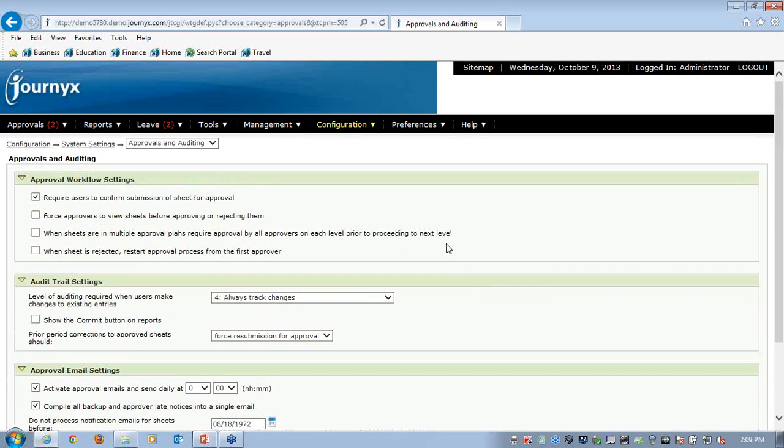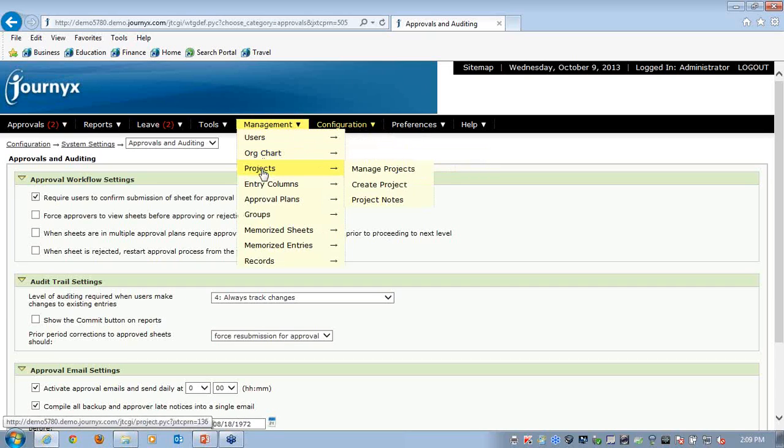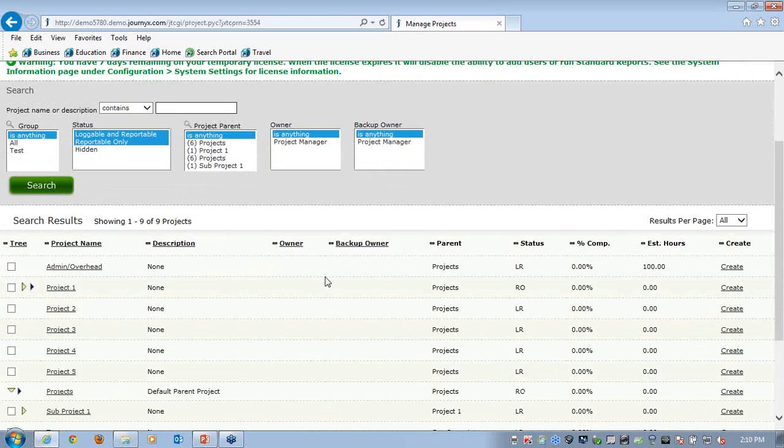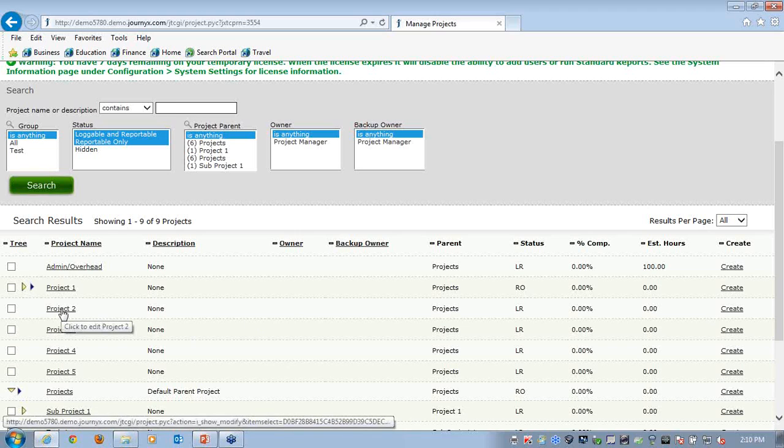All right, so sort of in summary so far, we've talked about how to approve timesheets and project-based approvals. We've talked about setting up timesheet approvals, managing those, and creating email notifications. The other thing I wanted to point out to you is how to create project-based approval plans. So that's going to be actually in the management and projects section, and each project has its own potential approval plan. So for example, if I wanted to create a project-based approval plan for project 2,